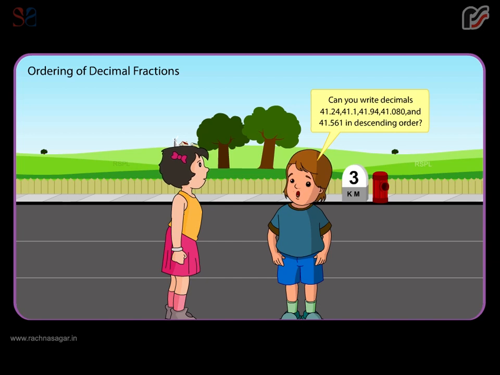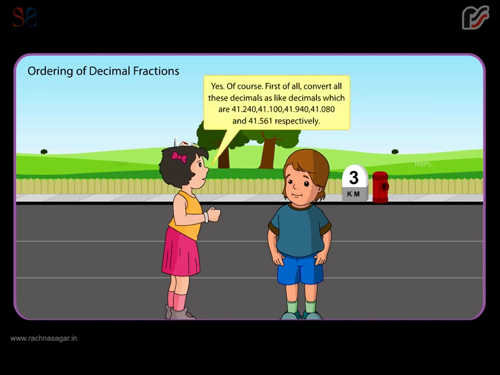41.24, 41.1, 41.94, 41.080 and 41.561 in descending order? Yes, of course. First of all, convert all these decimals as like decimals, which are